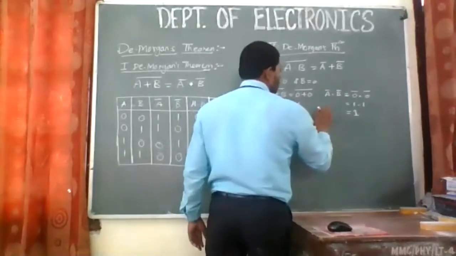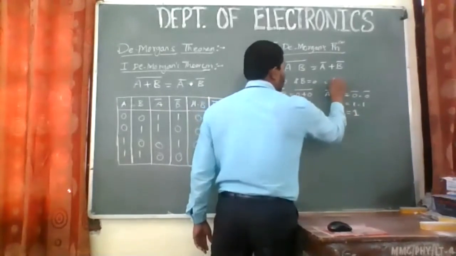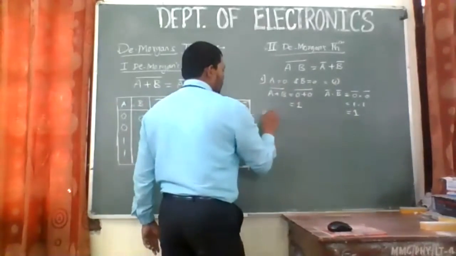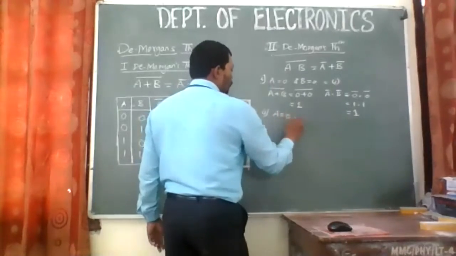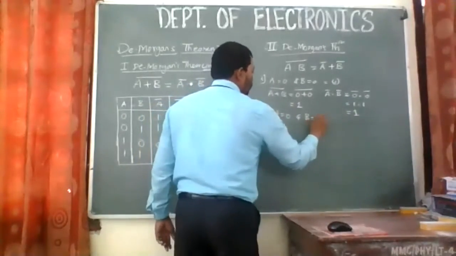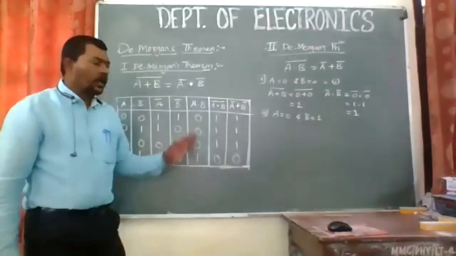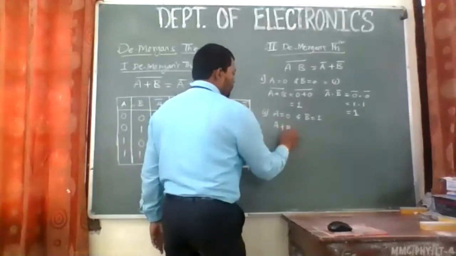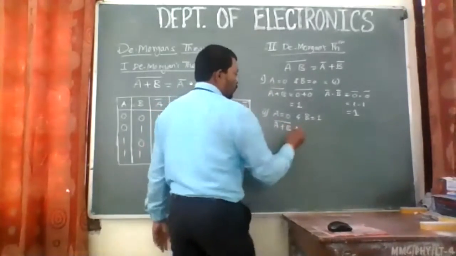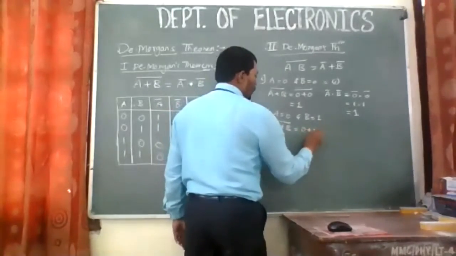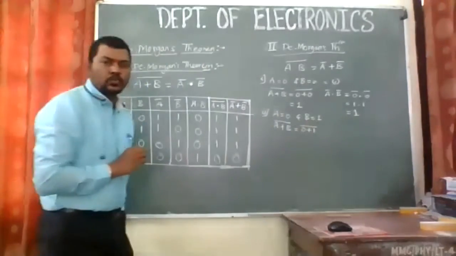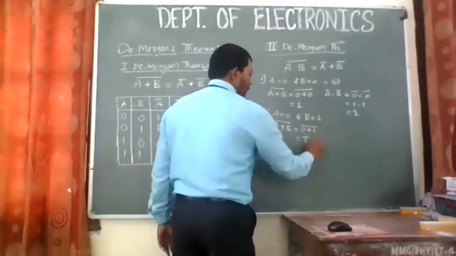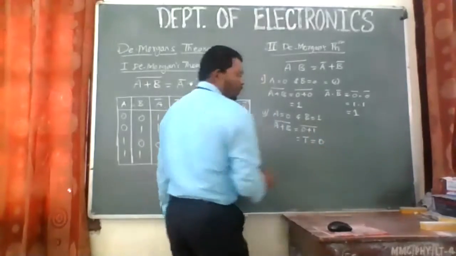This is equation number 1, and according to this it can be proved. In the second equation, we again say A equal to 0 and B equal to 1. When we substitute these values, what would be the value of (A plus B) bar? Is it visible to you? So (0 plus 1) complement. 0 plus 1 will be 1, and the complement of 1 will be equal to 0, right?